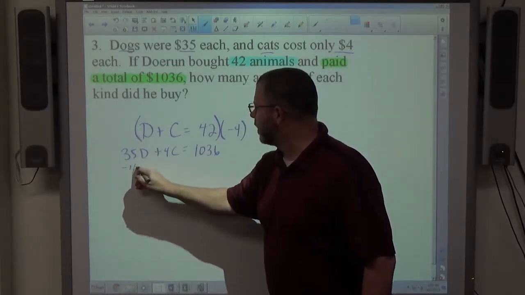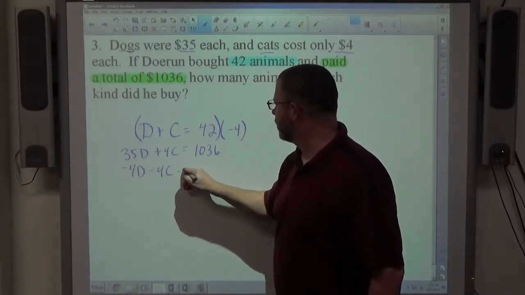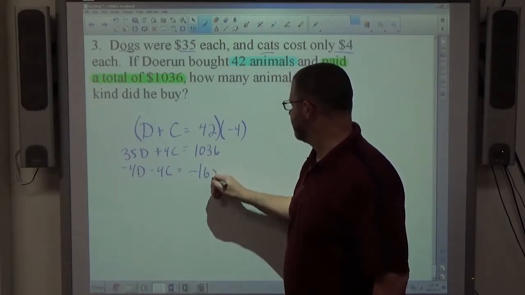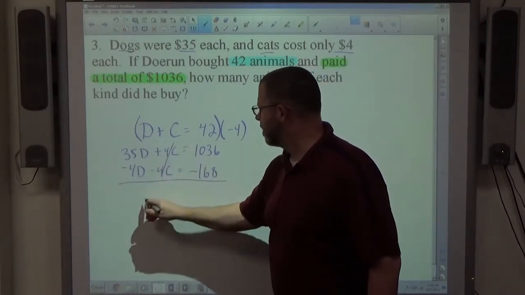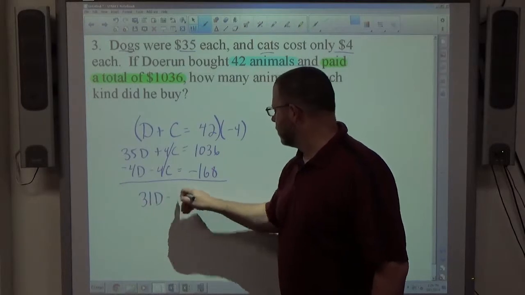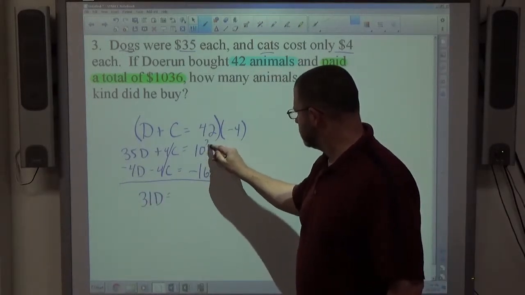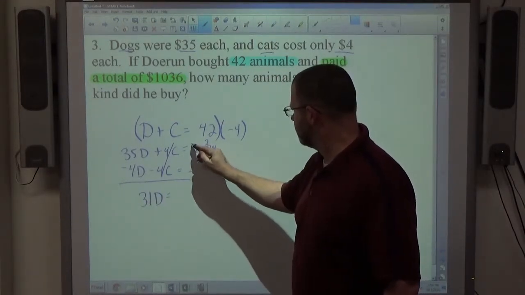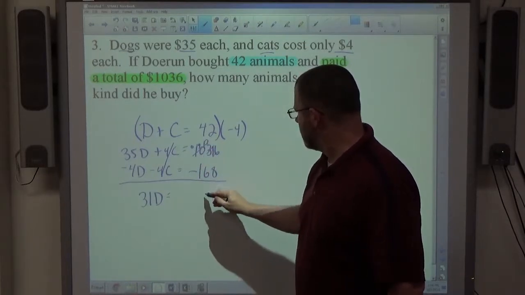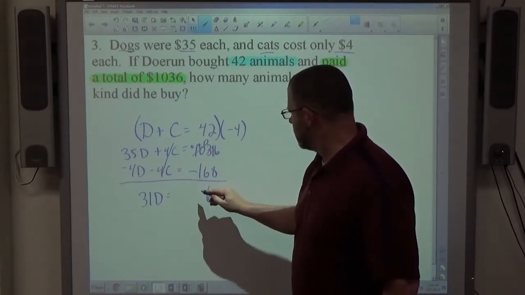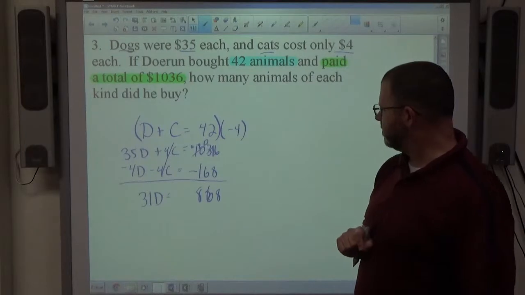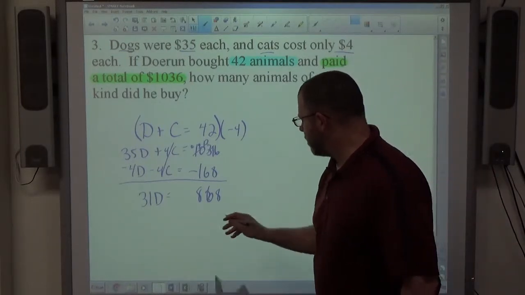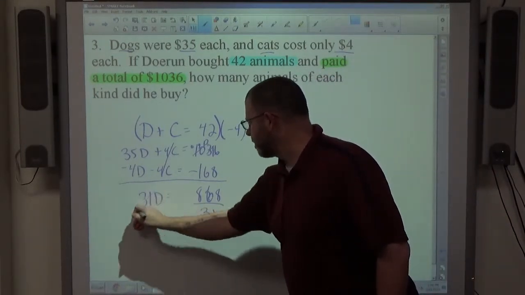I get -4D minus 4C is equal to -168. 31D is equal to $868. So if we divide both sides by 31,